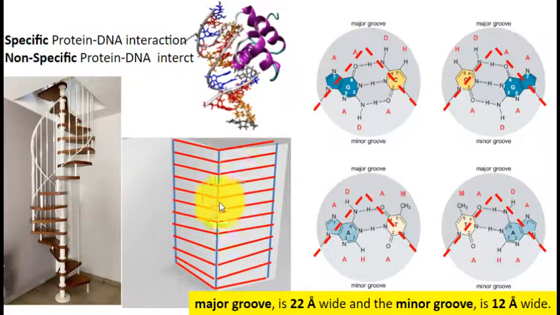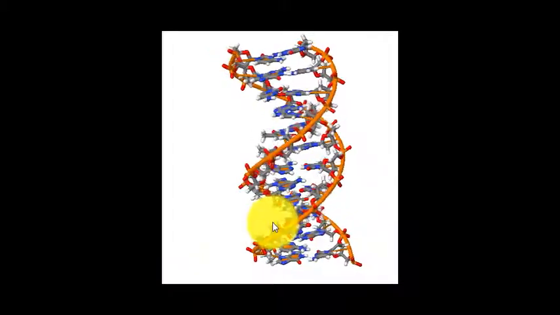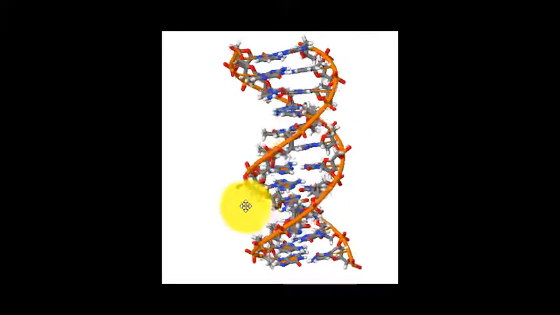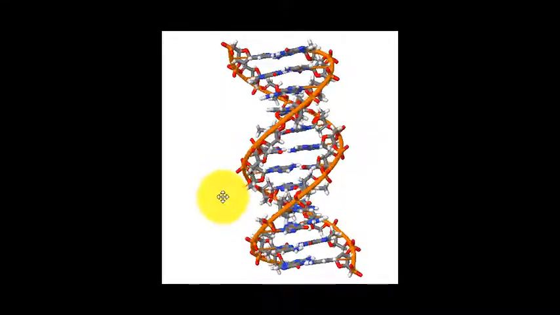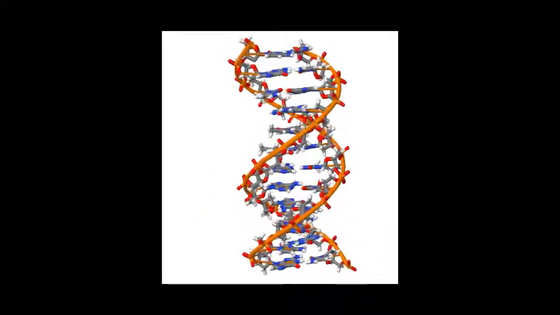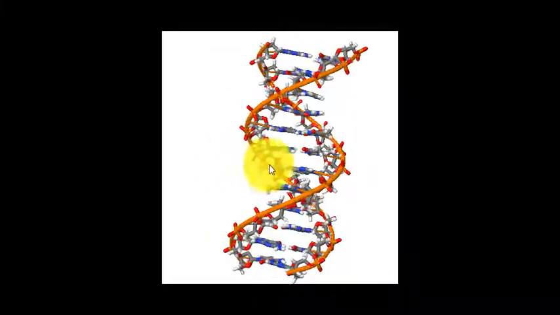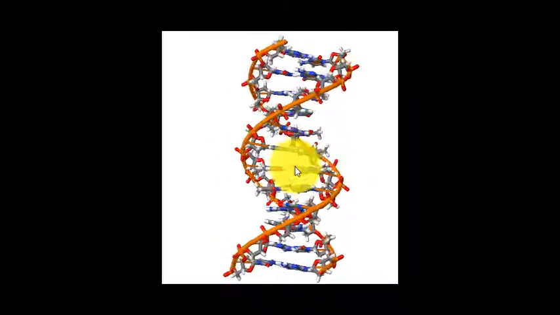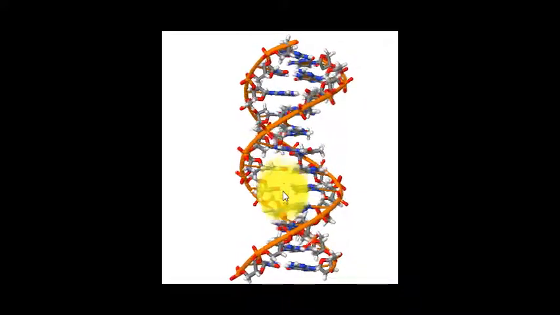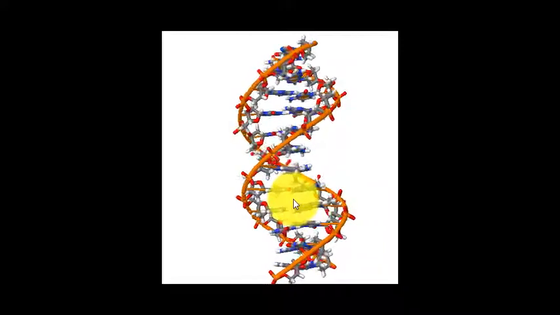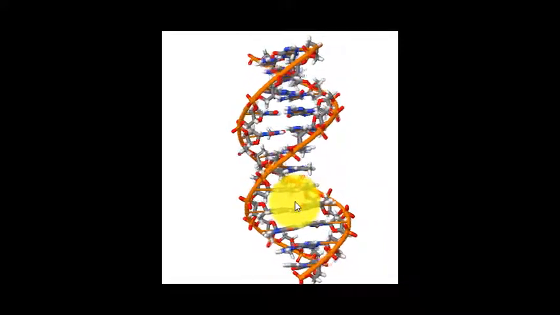Let's see this in the 3D structure and how the major and minor grooves are present in the DNA. Let's first look at the major groove. The major groove is present on one face of the DNA. When you unfold this DNA into a straight stair rather than a helix,